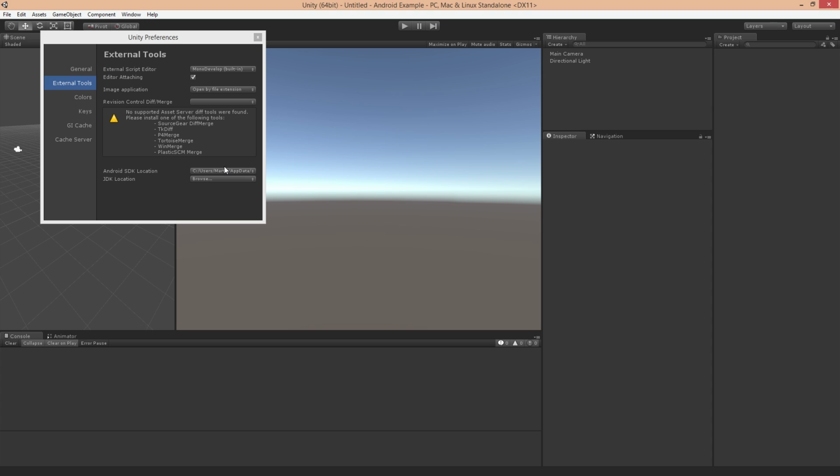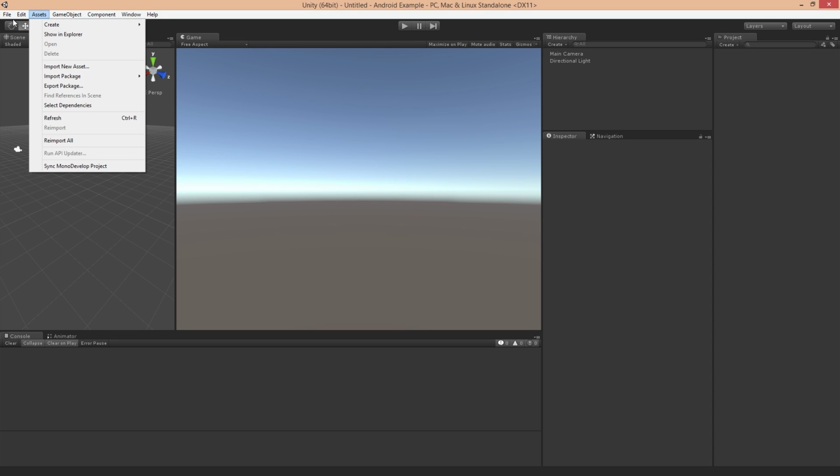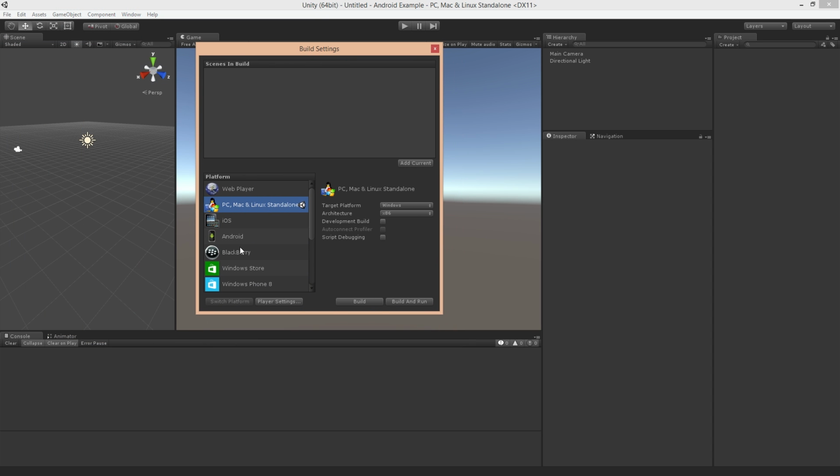It'll have that, and now if you were to try to build a project for the Android device, it should successfully be able to build that project. And in fact, it can even push it out to your device. When you go to your build settings, if you pick Android, if you build it, it should be able to compile it at this point, successfully build it, and create a .apk file